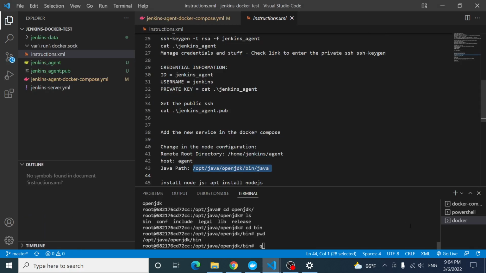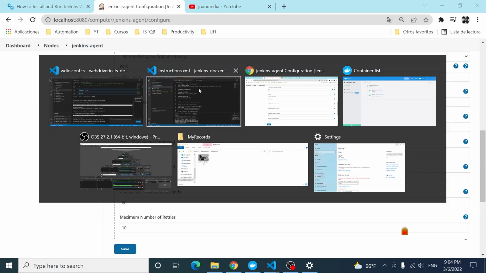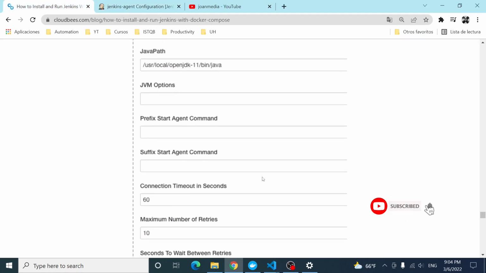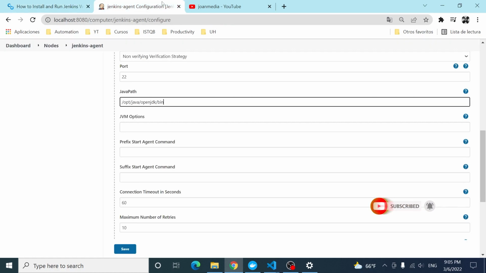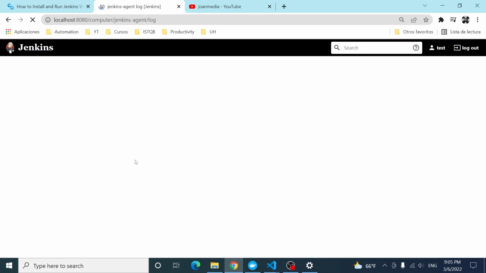Oh, this is not the right OpenJDK path. opt java openjdk bin. Oh, it is correct, but I need to send the Java one. Oh, I see, guys. Probably I did something wrong because I needed to send also the Java executable. Yeah, that's it. I'm sorry. I have to send Java over here. Okay. Now I'm gonna relaunch the agent,